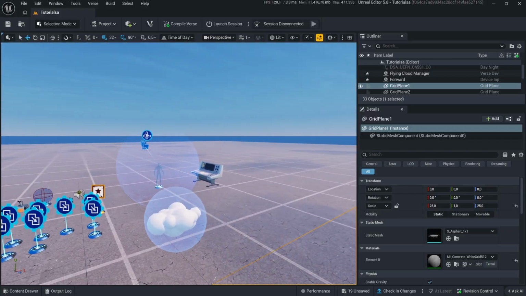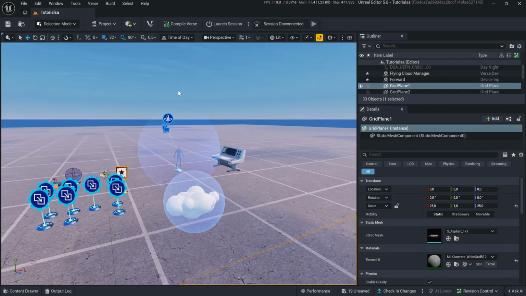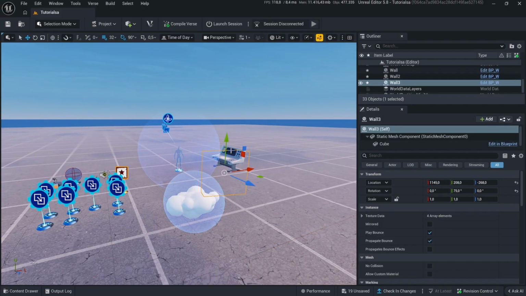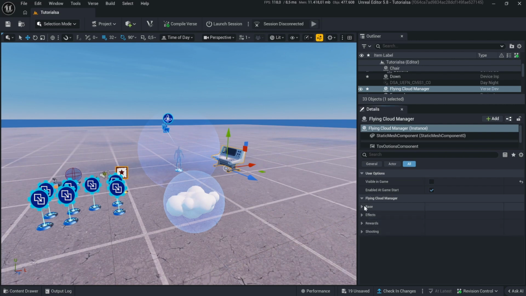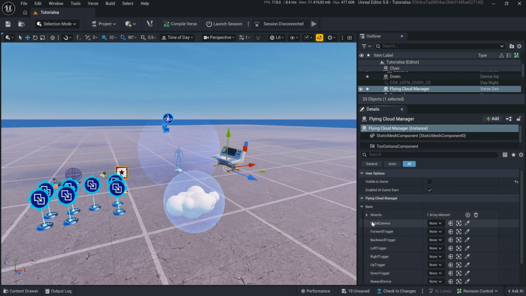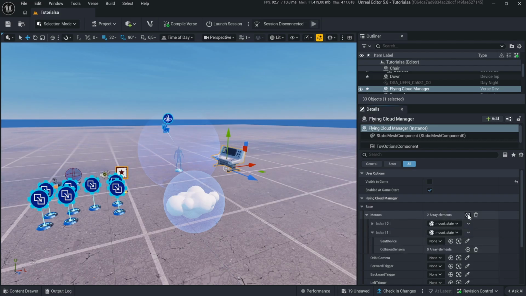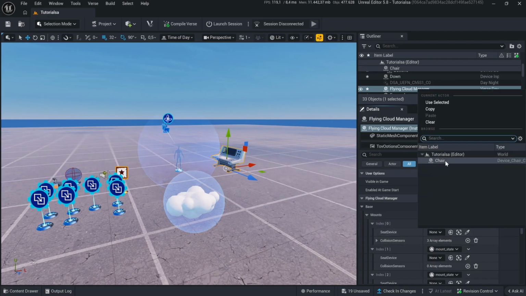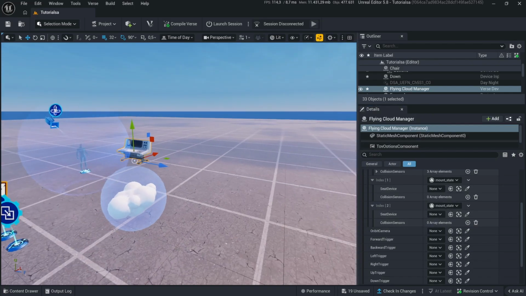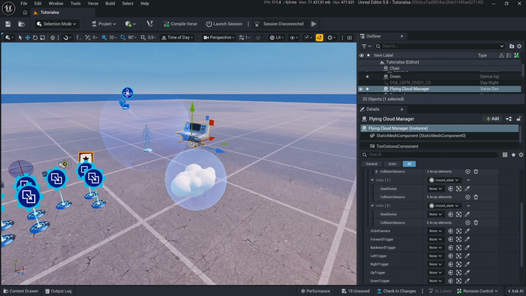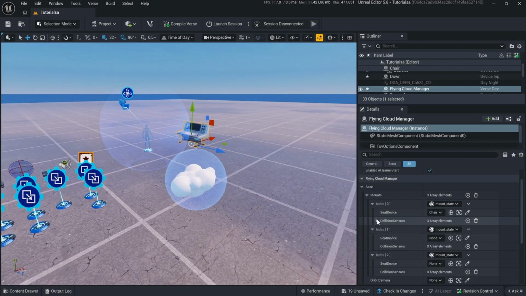So, first thing we're going to do is click on the Verse device and go to base. Now in base we'd have to connect some small things. Go to mount, make 3 array elements, then the seed device has to be set to share. Then the other two can be used for other clouds that you will copy and paste maybe. But for now,